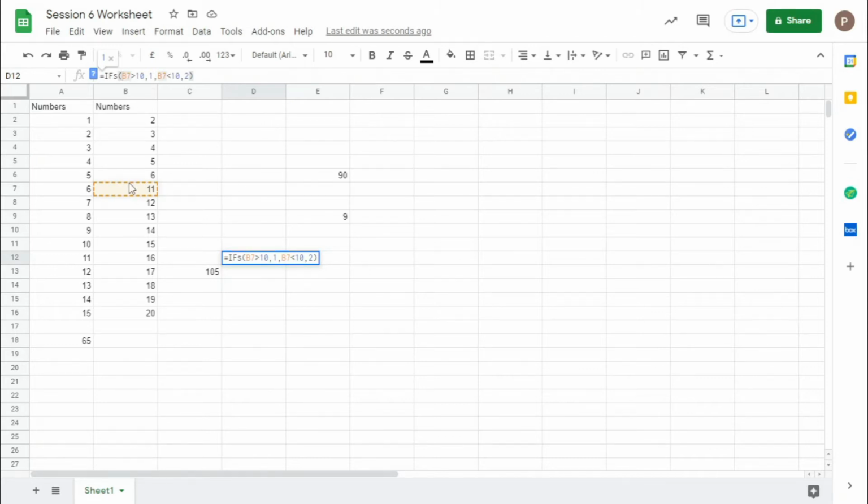Let's say you change the formula, like let's go here and click. B7 equal to 10, then give 0. So make B7 10, it gives 0. So using IFS, we can add as many conditions as you want, and you can get a different value for every condition it satisfies.